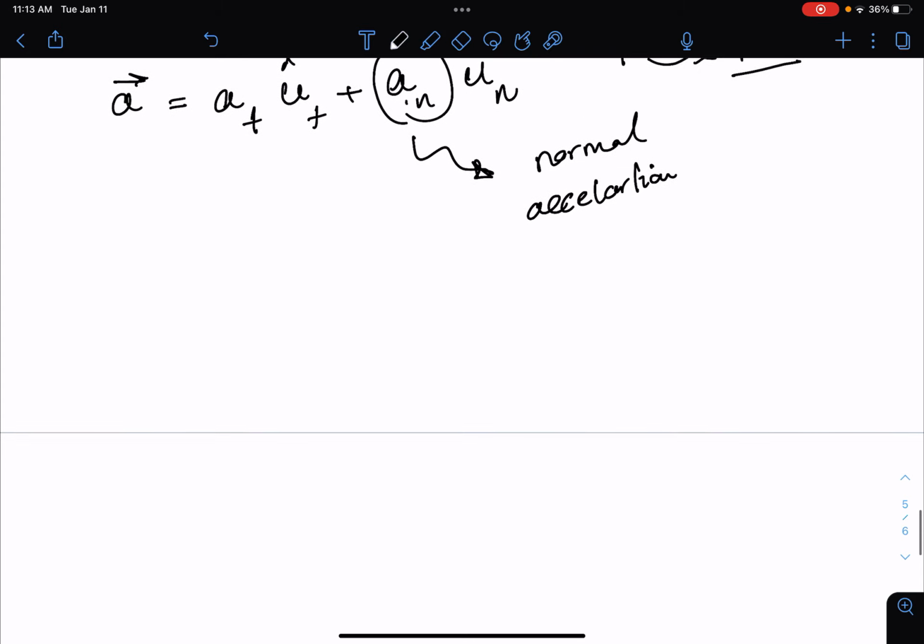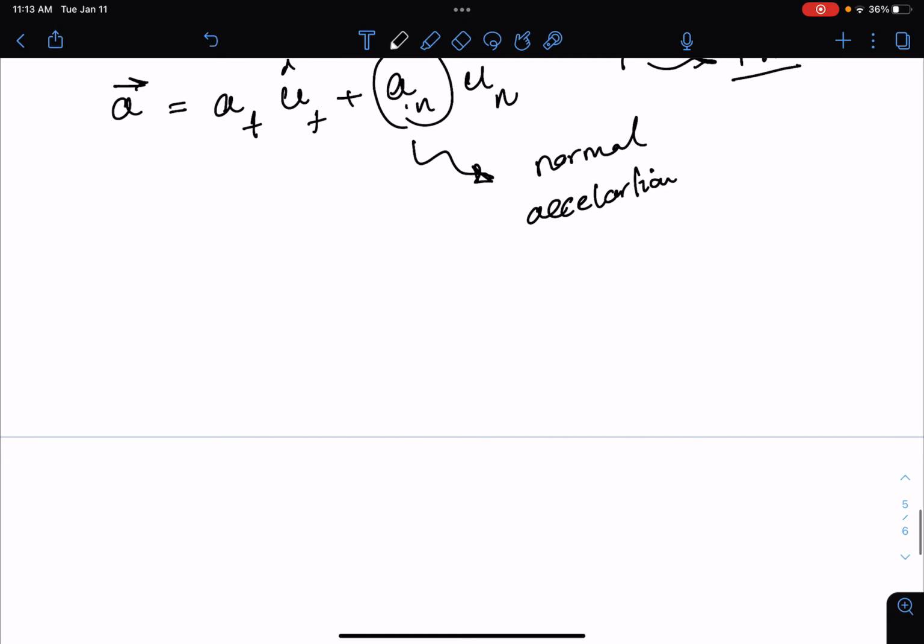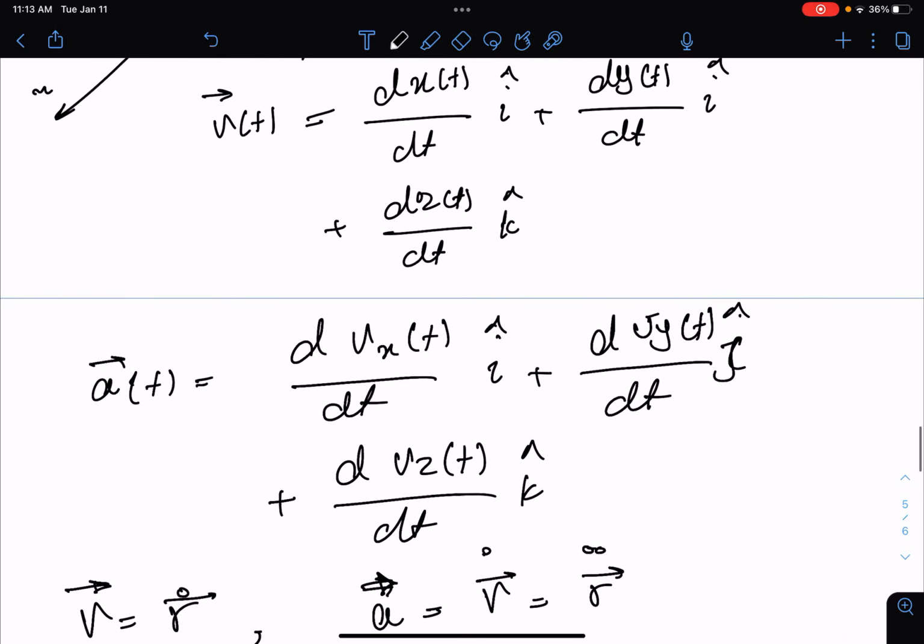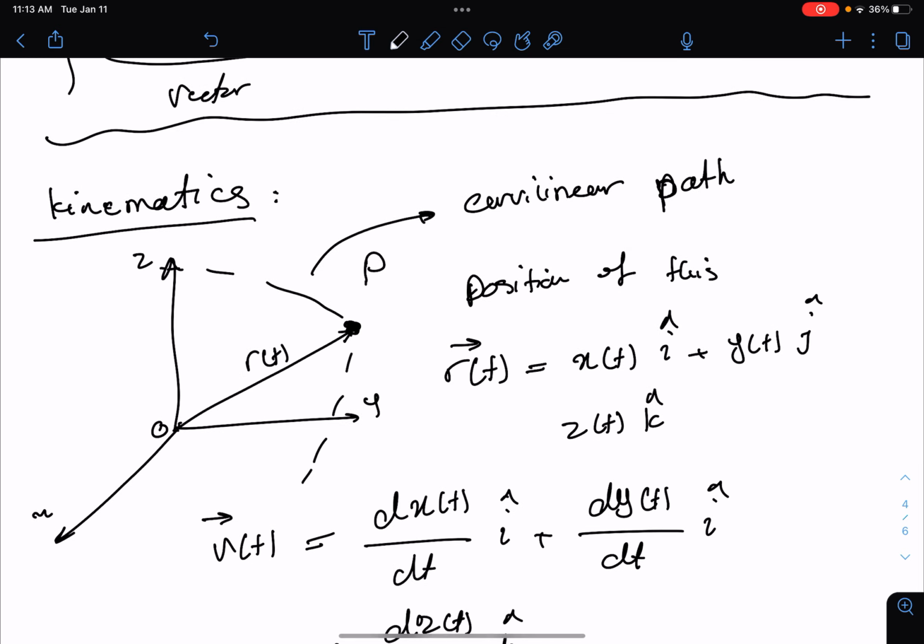We can also define the position vector of the curvature. Let's go to this path here. Let's say at this location, if you were to draw a circle that is tangent to the path at this specific location, not every part of this path, just that specific location we are at currently, right now, right? If you were to draw a circle that is tangent to that part of the path, you would be able to find the center of that circle,